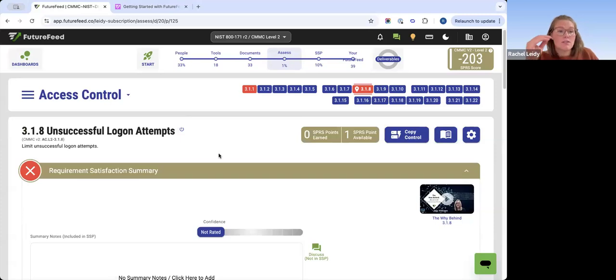When you first get access to FutureFeed, this is going to be all blank. So not only are you going to have to assess the control, but then you're also going to have to,